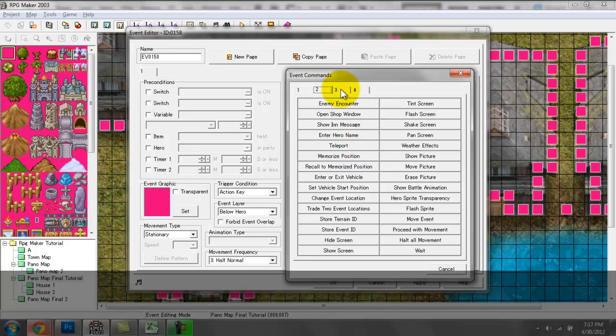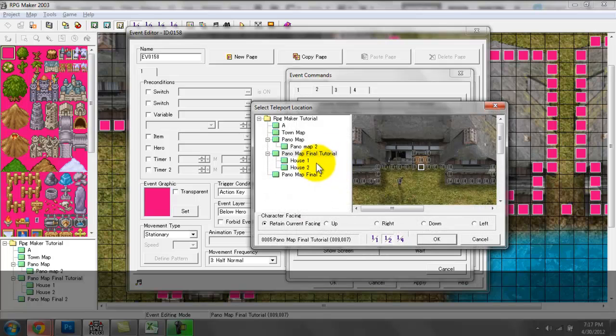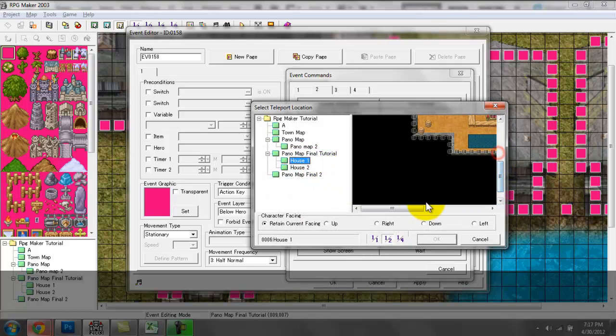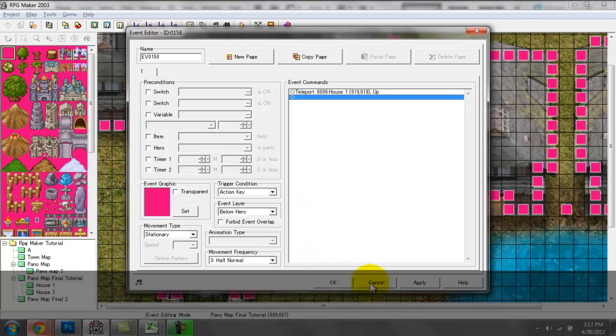Create the effects for your teleport. The second page has the teleport command, so you can say you want the hero to teleport here. You want the hero to be facing up when he appears on this map. You can create a teleport event this way, and obviously you would have it set to either action key, where